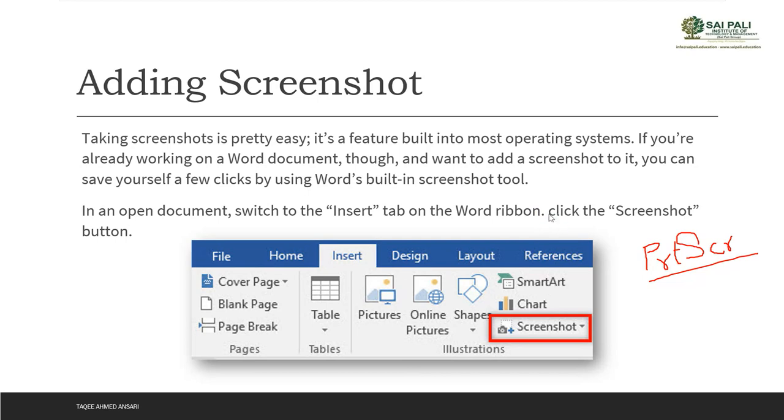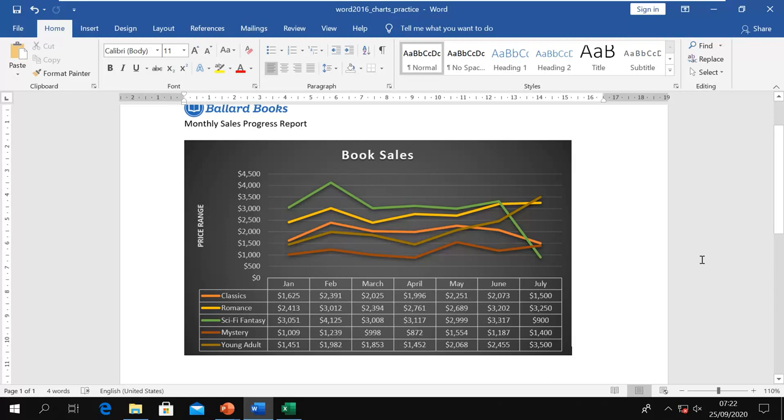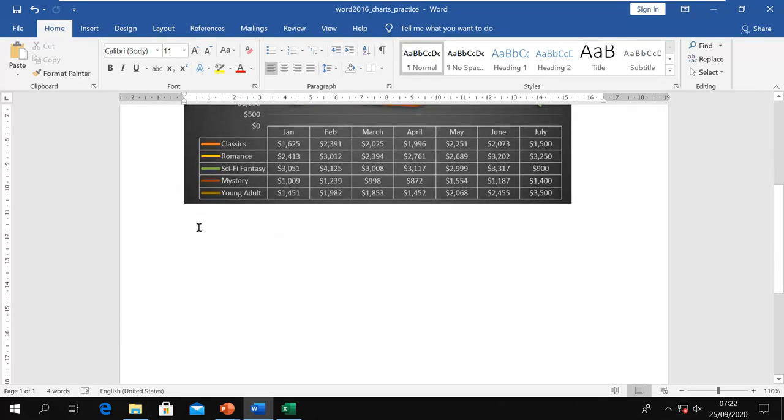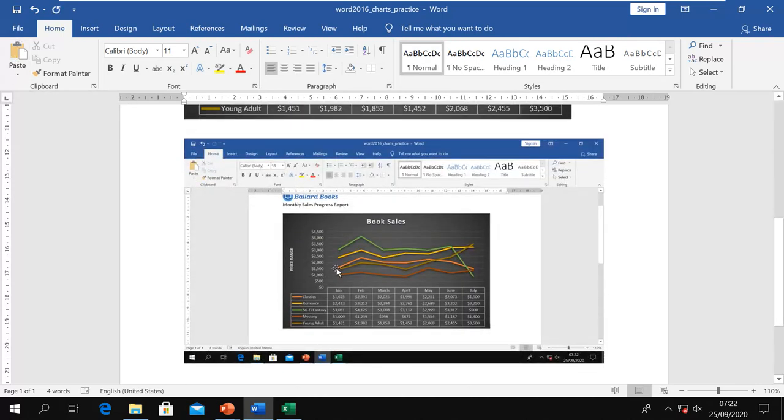For example, I am here in this window. Now I want to take the screenshot, so I will click the Print Screen key. Now once I press the Print Screen key, it has taken my screenshot. Now I want to paste it. So for pasting it, I will put my insertion point where I want to paste it, and then I will go to the Home tab, Clipboard, and say Paste. Now you can see it has pasted the whole screen here.